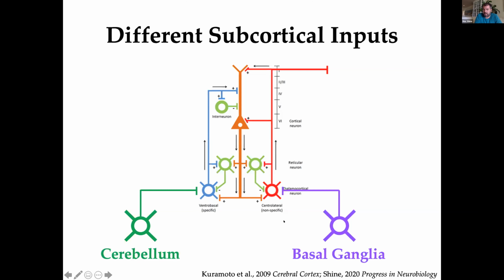And they have particular calcium binding proteins. I can get into the details of that if people are interested. But the implication, I think, is quite profound, because now we have an organizing principle for how the thalamus interacts with the cortex. And if we can then track that one step further back to how the different subcortical structures like the cerebellum or the basal ganglia interact with the thalamus, now we can start to think about the implications